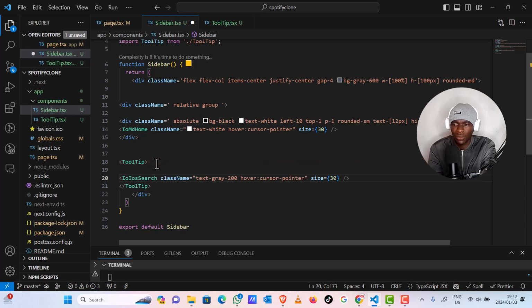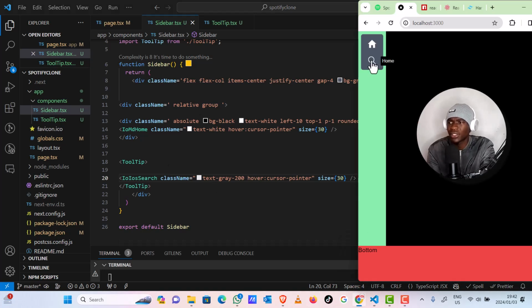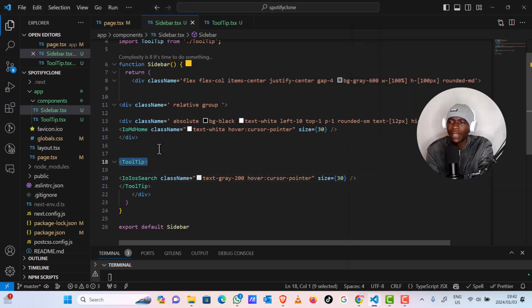We want to pass this icon as a child. So now let's see what will happen. The icon as a child is supposed to automatically have a tooltip, which at this point is not dynamic. It's still the same as home. But as you can see now, we are not repeating ourselves. We are using the same tooltip. And then even here on home,